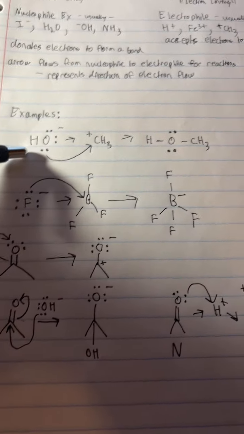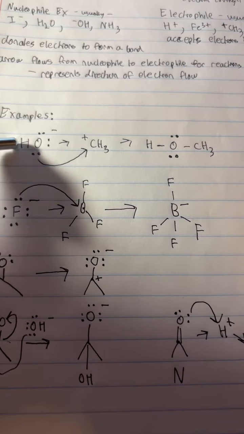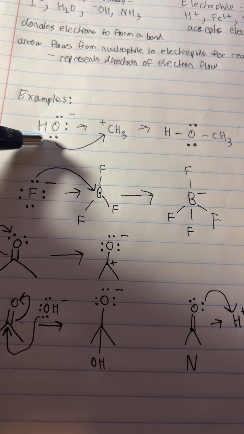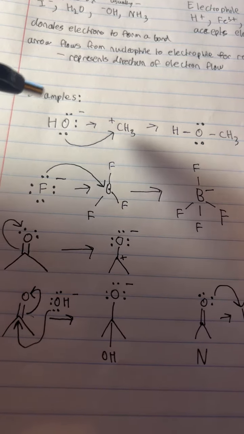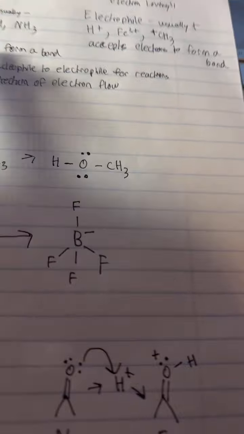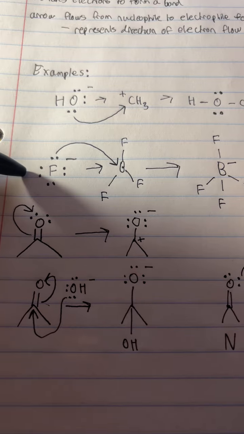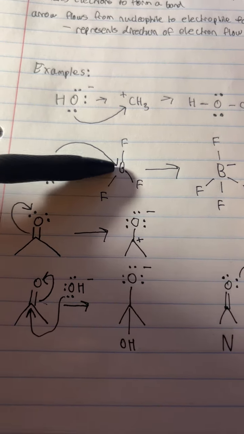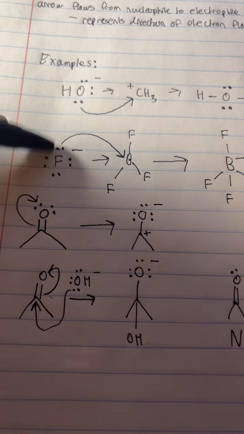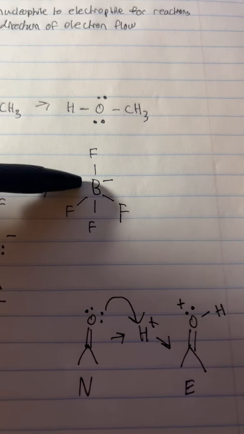So here we have the hydroxide ion, and this lone pair of electrons is able to move and be donated to the CH3 plus. So we have the nucleophile and the electrophile, and then this is the result of that donation. So then here again we have a negative fluoride ion, which is very electron rich, reacting with BF3, and so these lone pairs will move to the boron, and then it accepts those and has